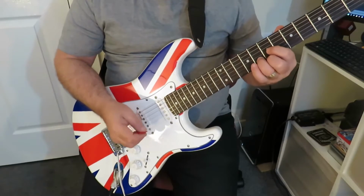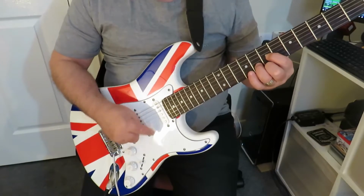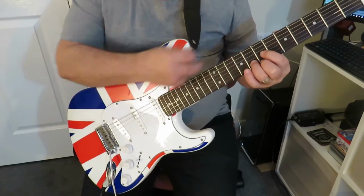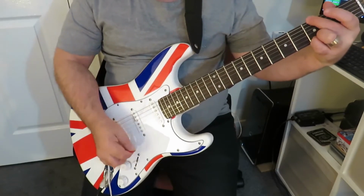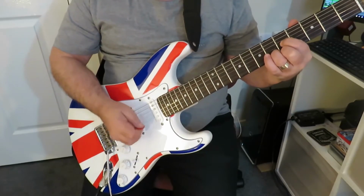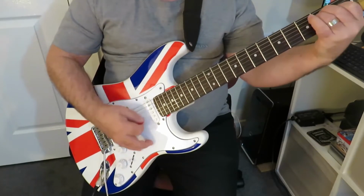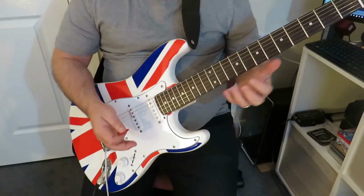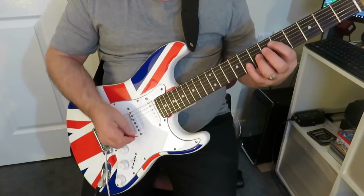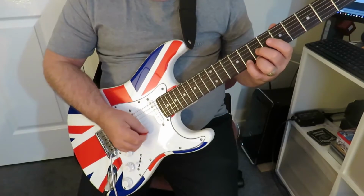So what we can do is, well, we can either just play the D shape on the 3 highest strings. So that's actually a G major. That would be an F, E. So we can do that, but again, another one of my favourite cut down mini shapes is instead of playing